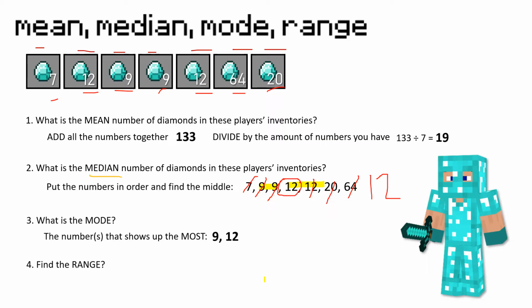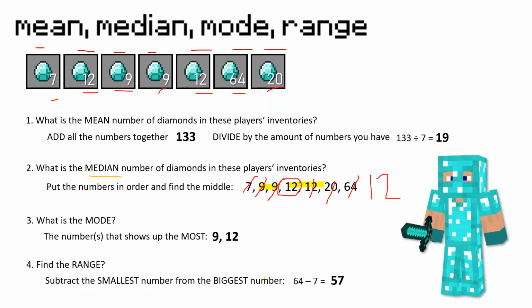Next question and final one on this slide, what is the range? I'm asking you to find the range. You need to remember that the range is when you subtract the smallest number from the biggest number. And in this case, our biggest number was 64 and our smallest number was 7